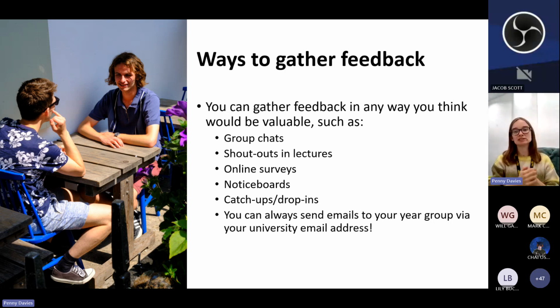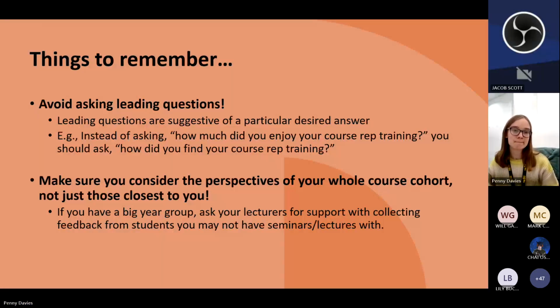You can also email students. You will all have an email that your lecturers might use that is your year group and your course group. So for instance, 1st year acting, 2nd year graphic design. That's a group email that you yourself can email, because as a 2nd year graphic design student or a 1st year acting student, you're a member of it. You can't email any other course year groups this way because of data protection stuff, but you should be able to contact your course year group. That's another great way to capture everyone if you need to, and ask for feedback.